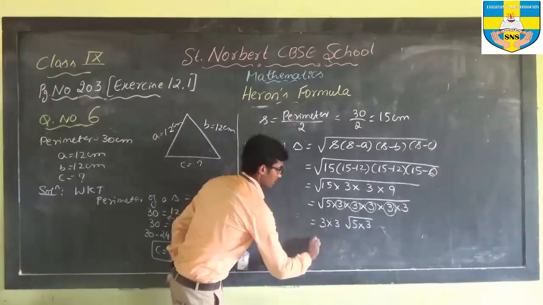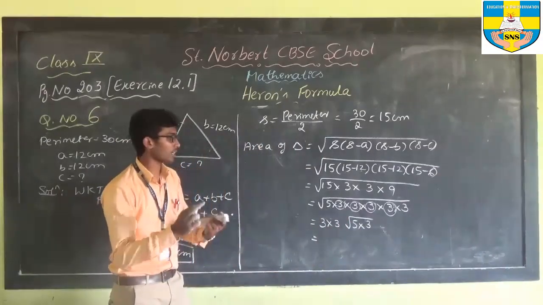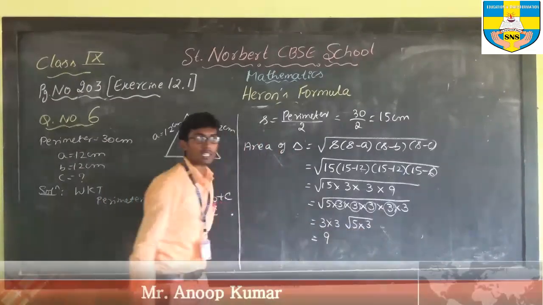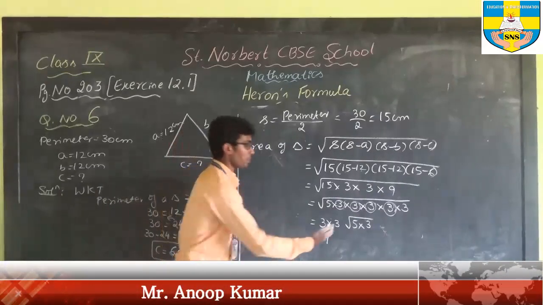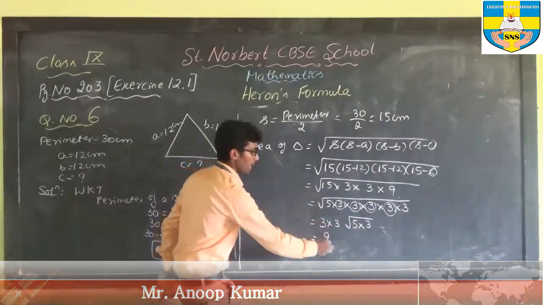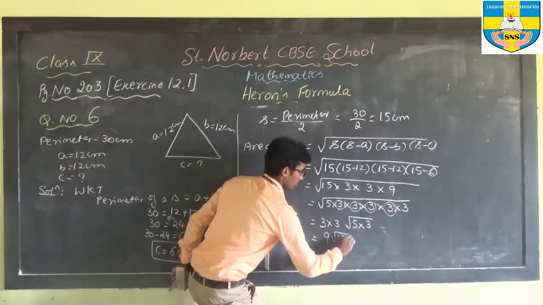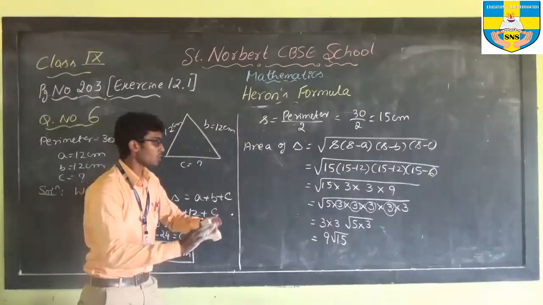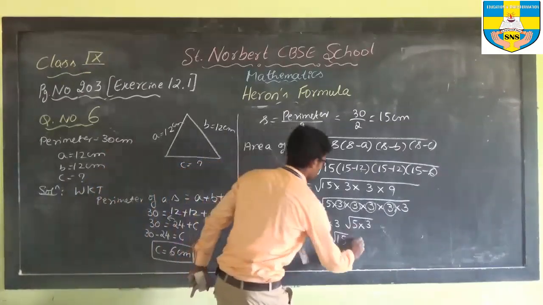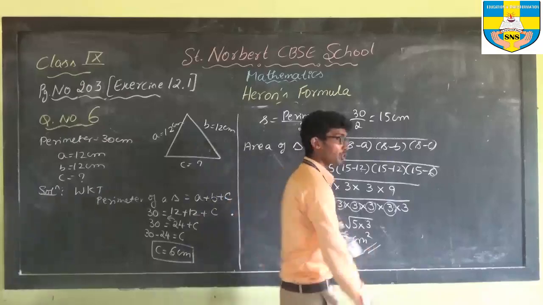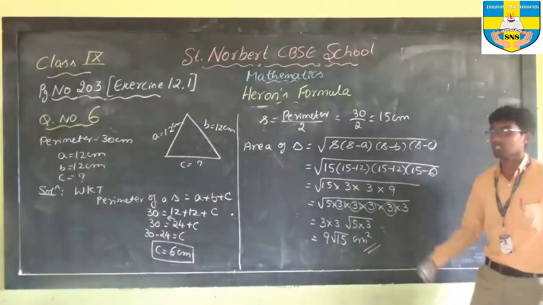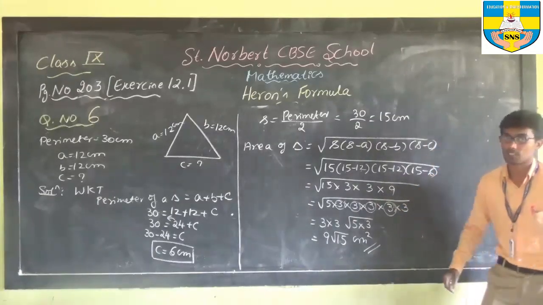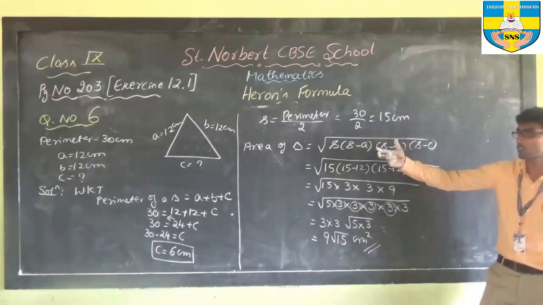Okay. Then what is 3 threes? You can multiply rational with rational, irrational with irrational. 3 and 3 are rational numbers. So 9, 5 and 3 are inside the square root. You can't make a pair of 5 and 3, so you have to keep it as it is. 5 threes are... Don't multiply these two. It is not possible to multiply a rational with an irrational number. So this is the final answer. You can keep the answer as 9 square root of 15 centimeter square. Still there is a way to calculate the square root of 15 that will be discussed in your next exercise. So I request you to pause the video and copy it in your notes.